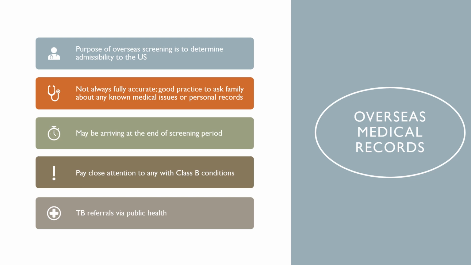For the purposes of the overseas medical records, a medical condition is separated into two classes, Class A and Class B. Class A are those illnesses that are inadmissible to the US and would halt the case from proceeding. And Class B is basically any other condition of significance. We'll go over both of those in more detail, but keeping that in mind from the beginning hopefully